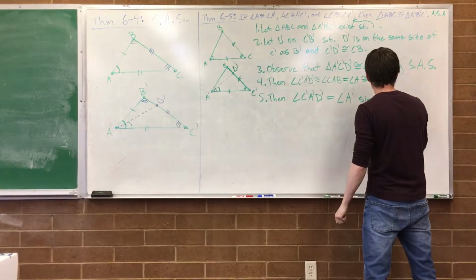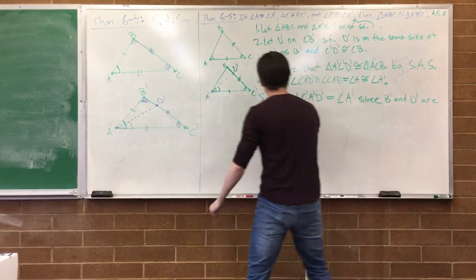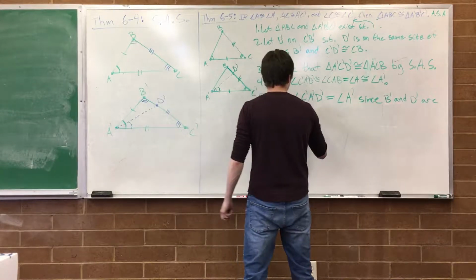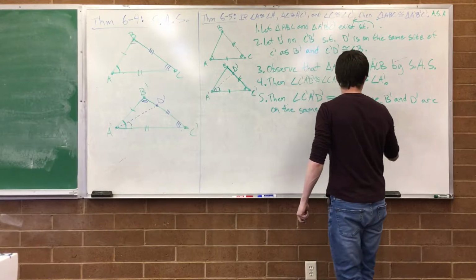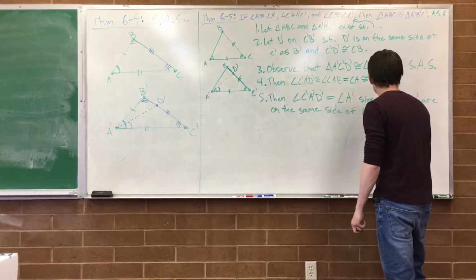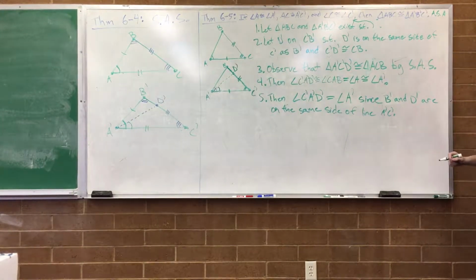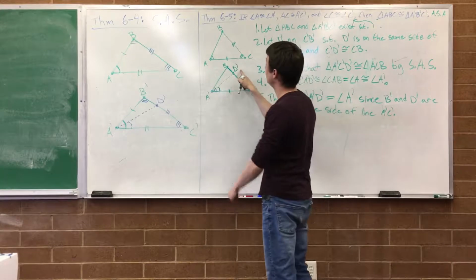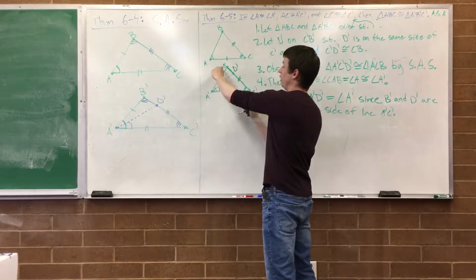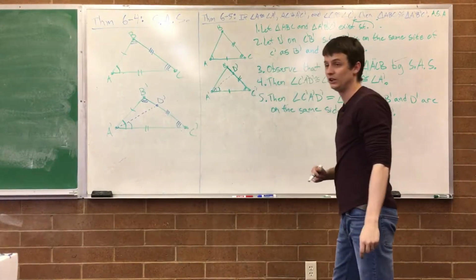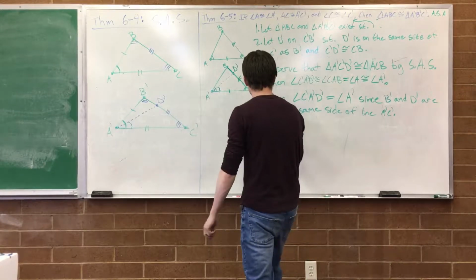Does that make sense? Since B prime and D prime are on the same side of line A prime C prime. Okay? So then D prime is on line A prime B prime and D prime is on line C prime D prime, or C prime D prime, we could also name that line, right? Yeah. So 6,